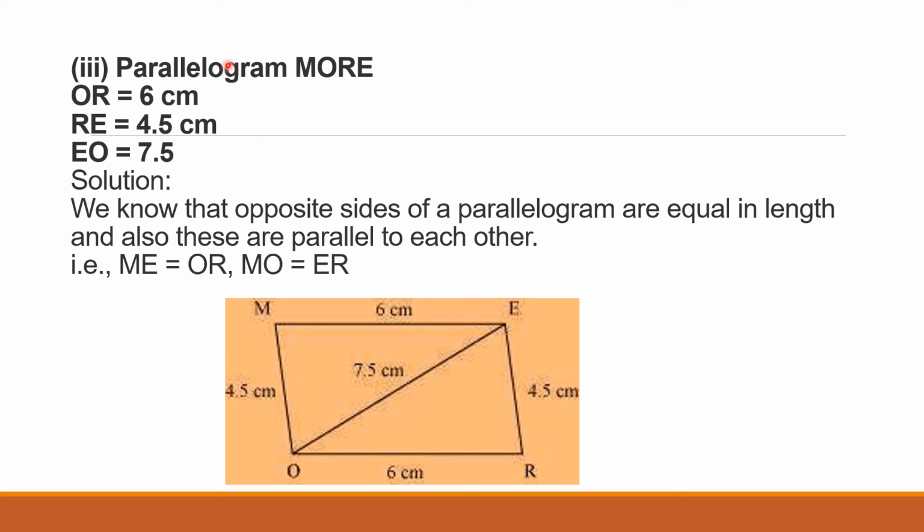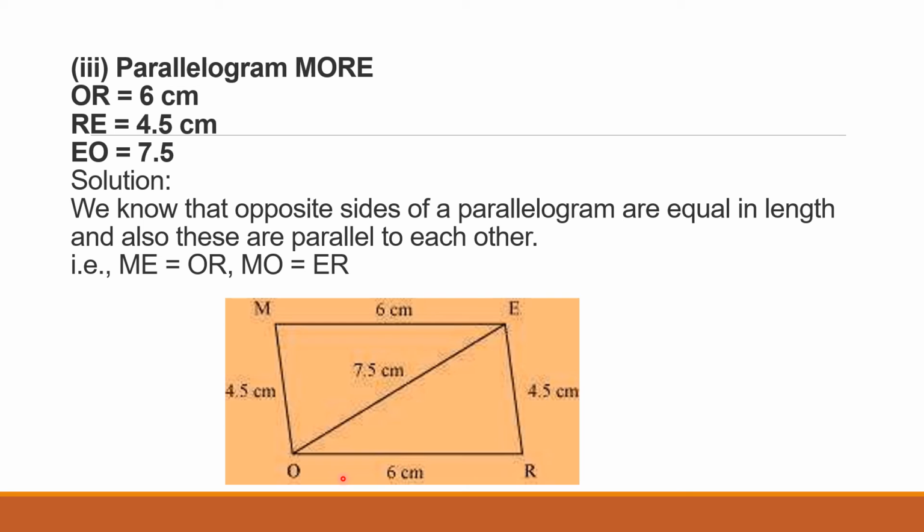But here we have a special property. What special property do we have? It is a parallelogram. So we know that opposite sides of a parallelogram are the same. So with the help of it, we know all four sides. And once we know all four sides, we will repeat the same steps. You can draw it with the help of the diagonal also, or as I have shown you in question number one.